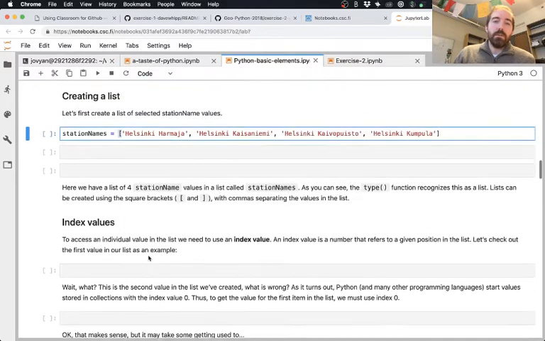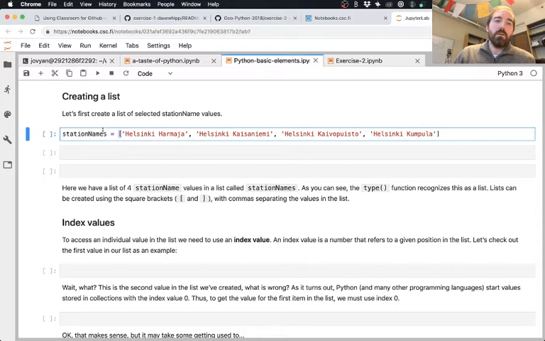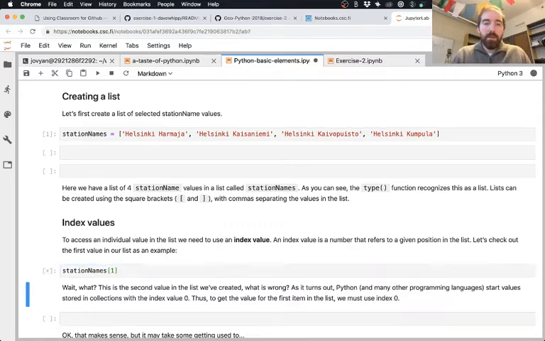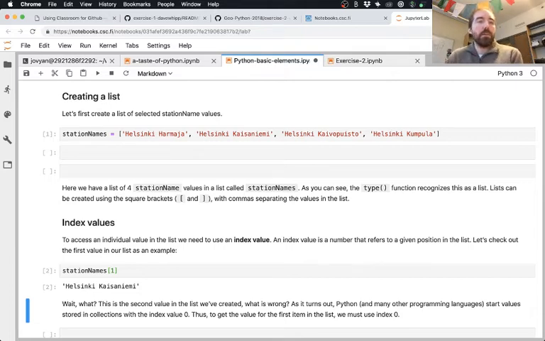And so with our list here, if I just run this cell to save the list to memory, then I can go here and do something like station names 1. Don't even need to print it, but I can just run that. And you see a useful thing here.